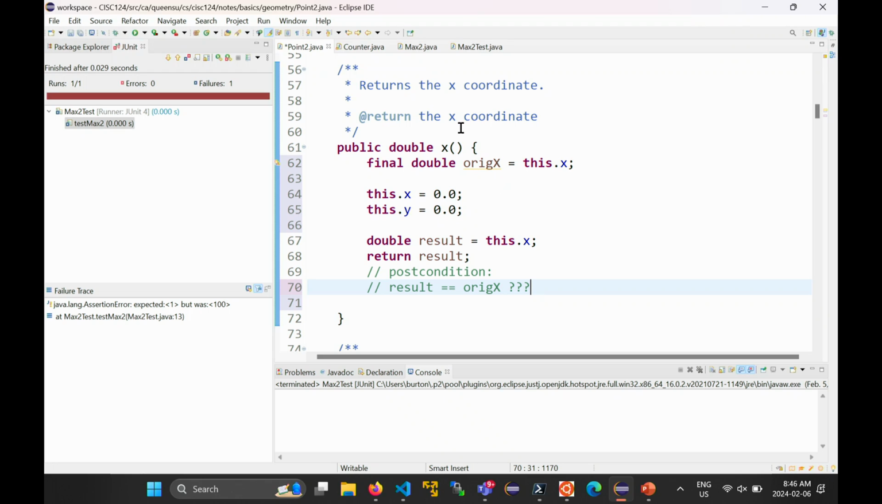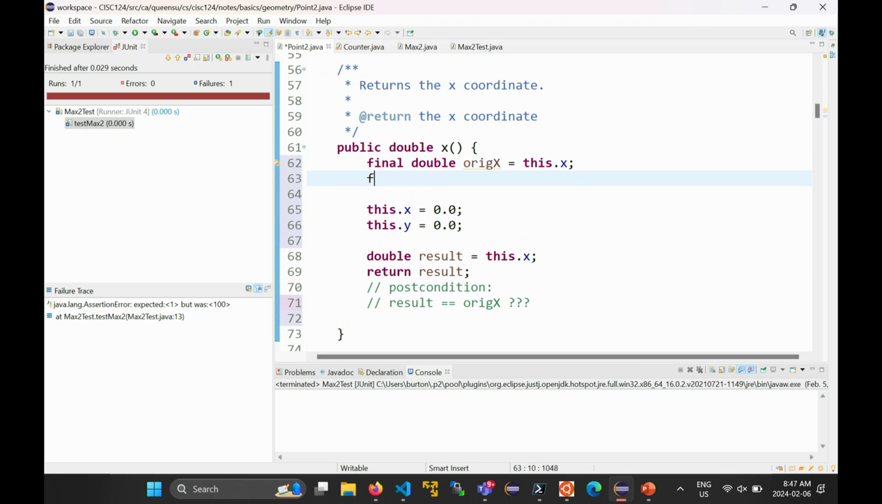This method promises to return the original x value of the point, the value of the x coordinate of the point when the method was called, right? It's not supposed to be changing the state of the point, right? And so your complete postcondition